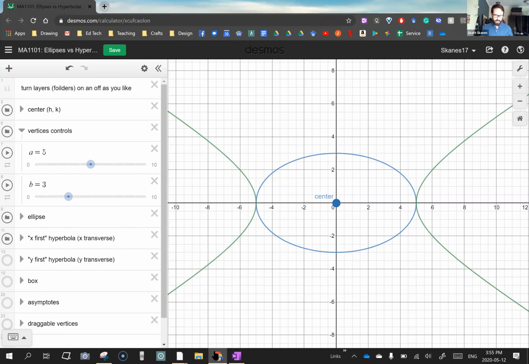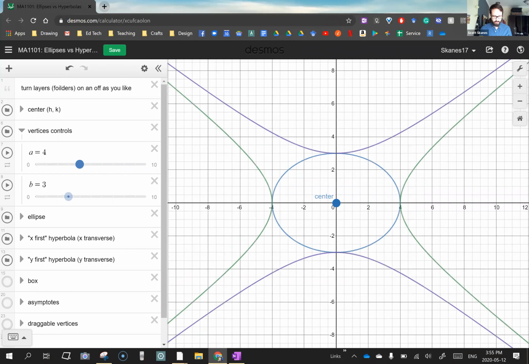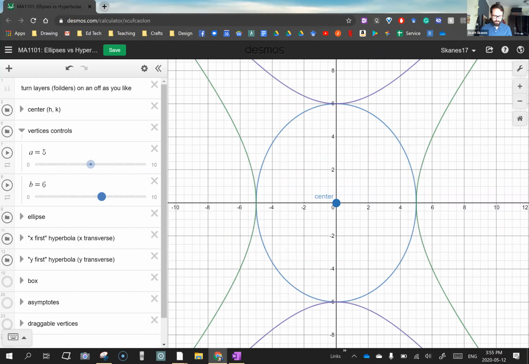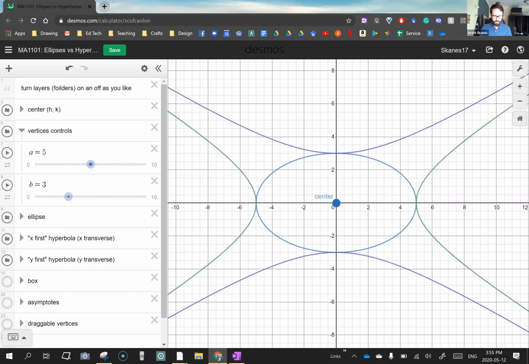And if I was to do that in the x direction, that's what it looks like. If I was to do it in the y direction, that's what it looks like. So you can see that the ellipse and the hyperbola are directly related. You know, everything about the ellipse almost transfers directly to the hyperbola. Look, I can even put in the